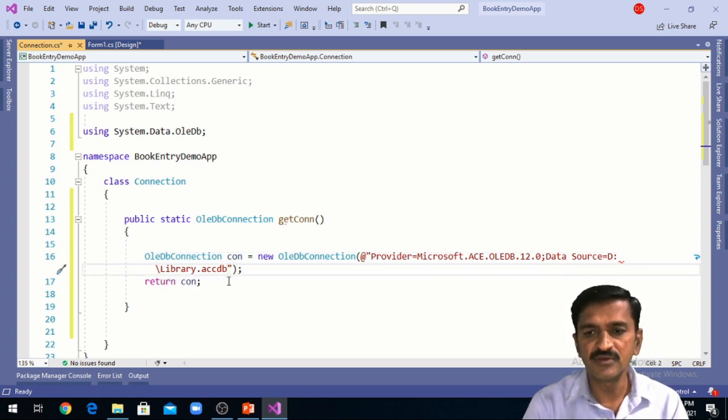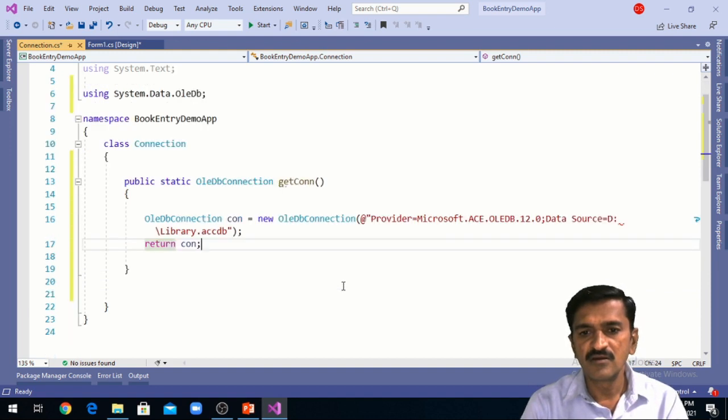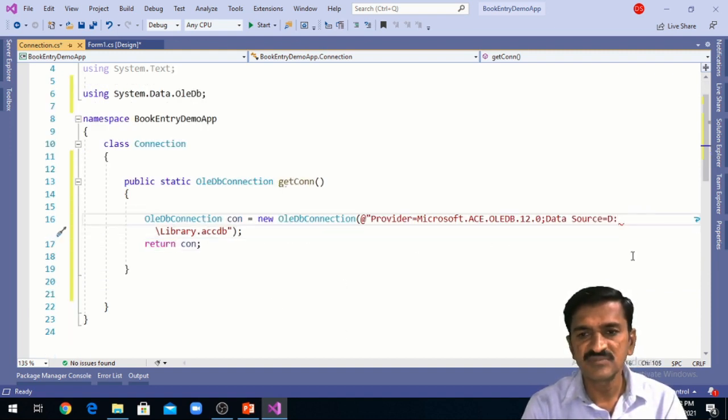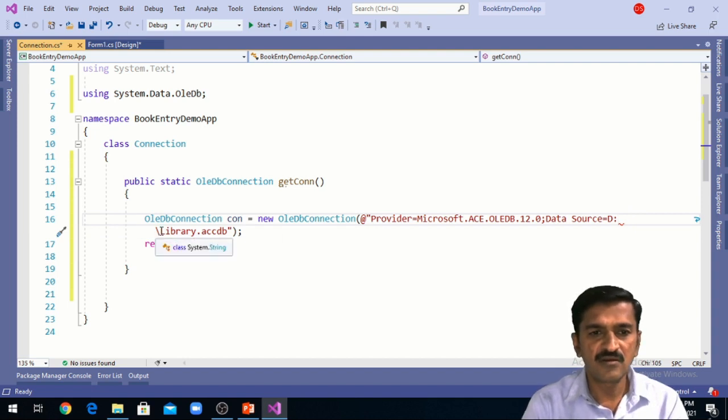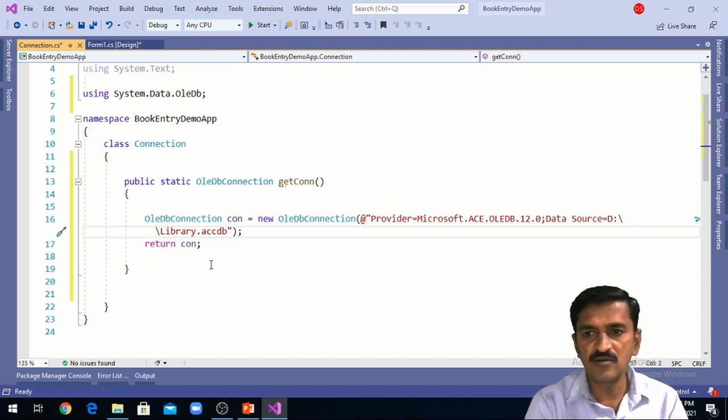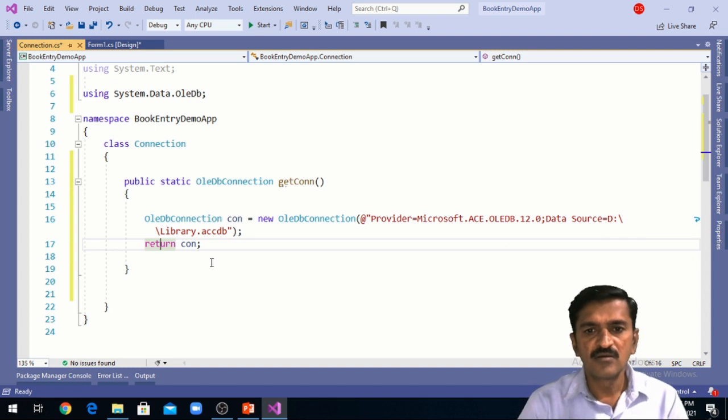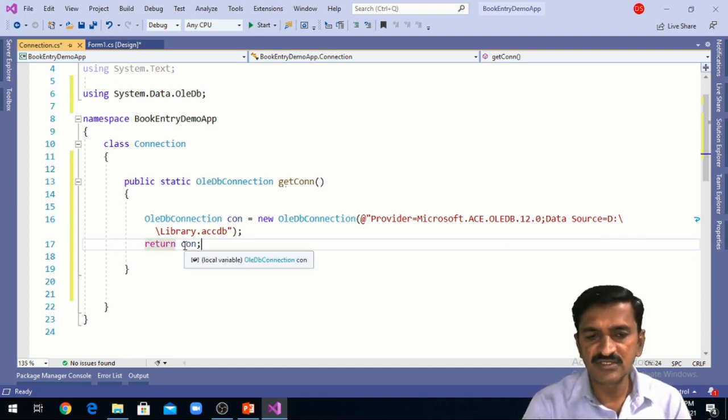So instead of specifying the backslash here, I'm using the @ here. So after this, I can return the connection. Here the connection I have written.